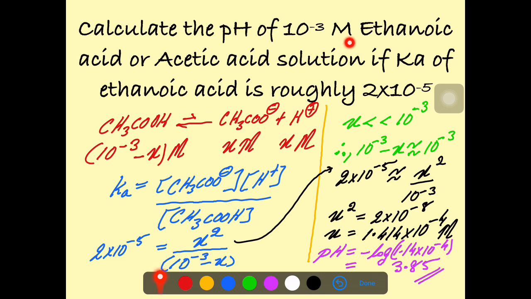3.85. Now let's look at it this way. If acetic acid was a strong acid and it had a concentration of 10 raised to minus 3 moles per decimeter cube, in that case the pH would have been 3. However, as acetic acid is a weak acid, the pH is not 3 but larger than 3, clearly indicating that it is less acidic than a strong acid having the same concentration of 10 raised to minus 3 moles per